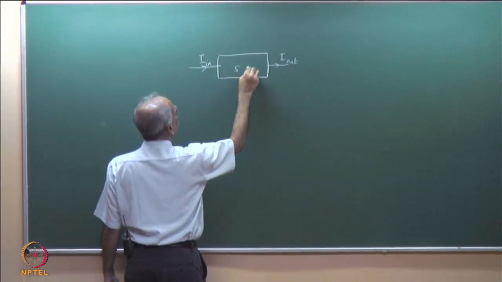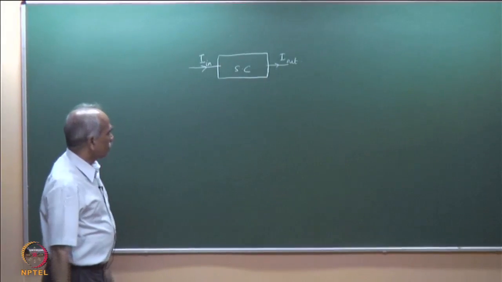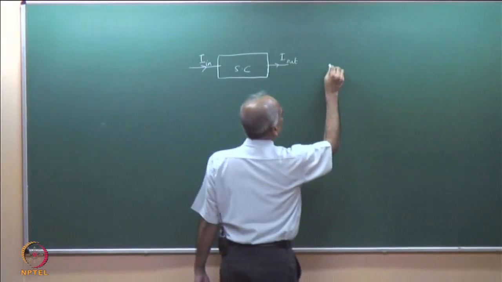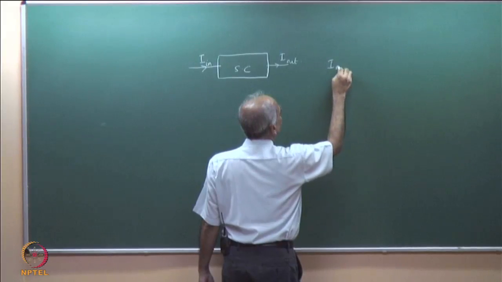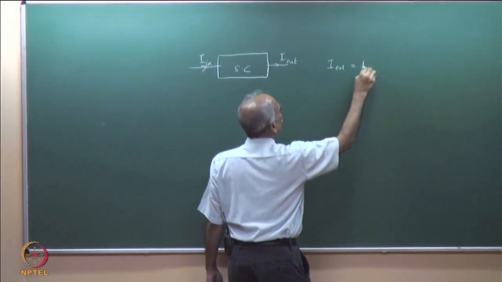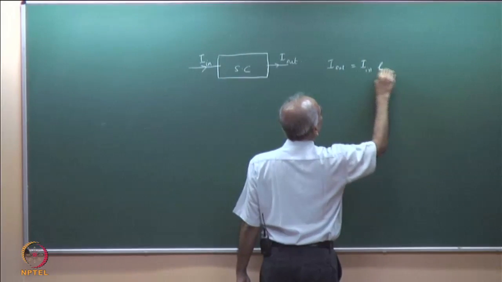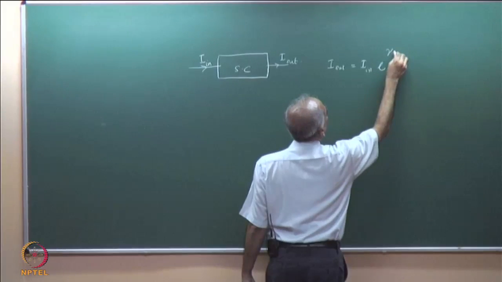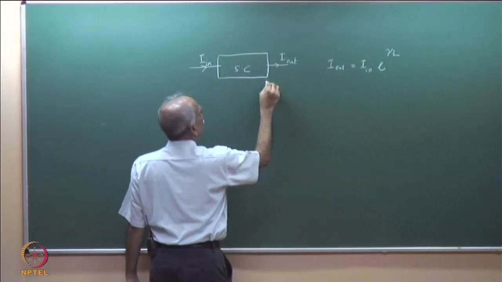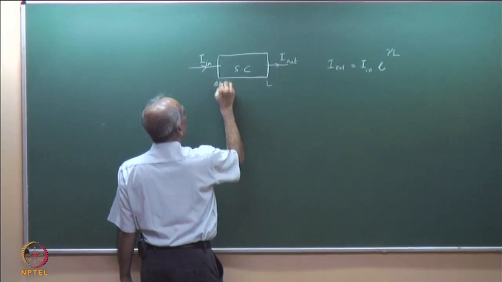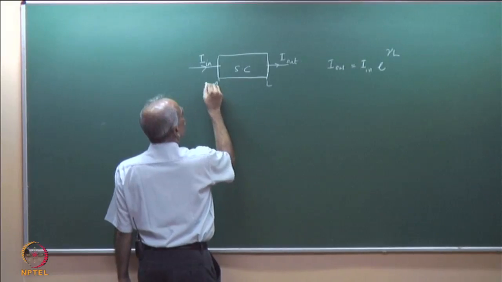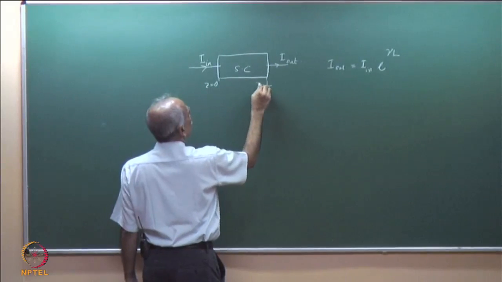So, this is the semiconductor, and we have got an expression that I_out is equal to I_in into e to the power gamma L. If L is the length of the semiconductor, then this is z equal to 0 and z equal to L,